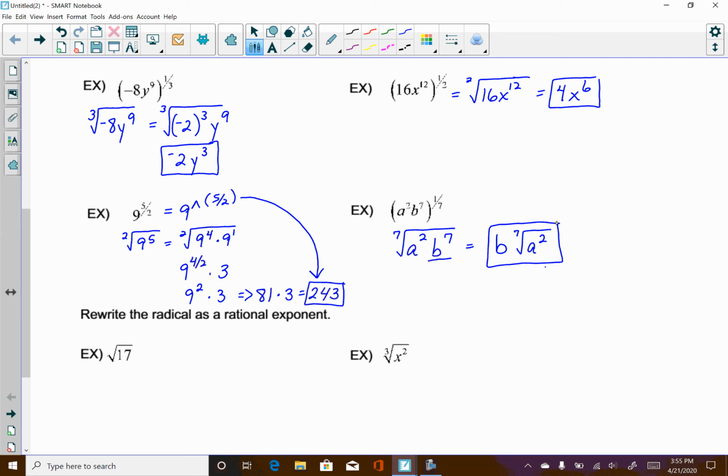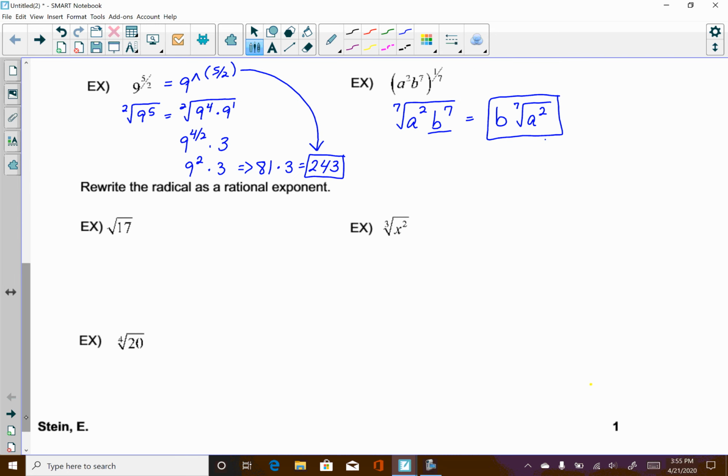Okay. Down below, they say let's write each radical with a rational exponent. So with that first one, you have the square root of 17. Remember that underneath the square root, 17 is raised to an imaginary 1 power, and if you don't have a number on your radical there, it's assumed to be a 2. So this really is 17 to the 1/2 power,